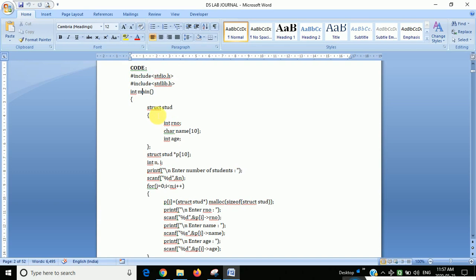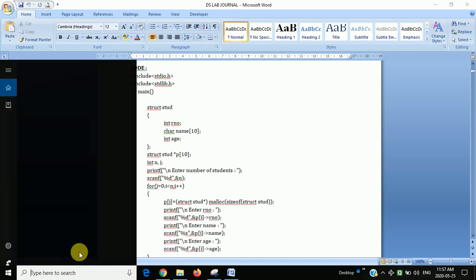After that, in int main, we have created a struct, which is a user defined data type, and stud is there. Stud is just like a data type, like integer or float. In that we have assigned int and char. For example, I'll just show you.